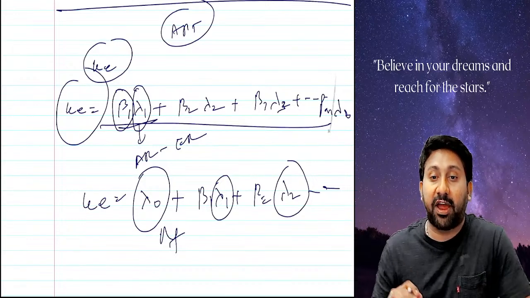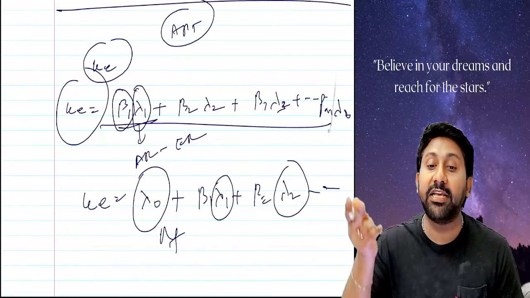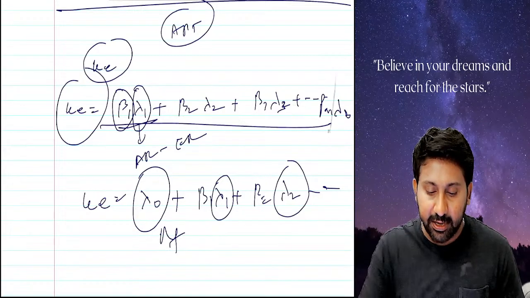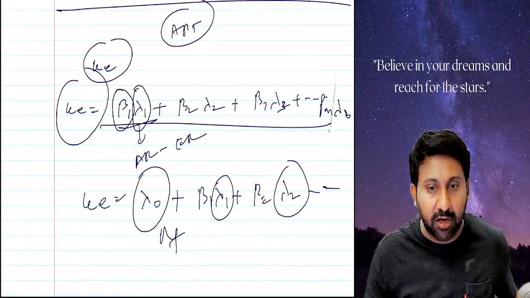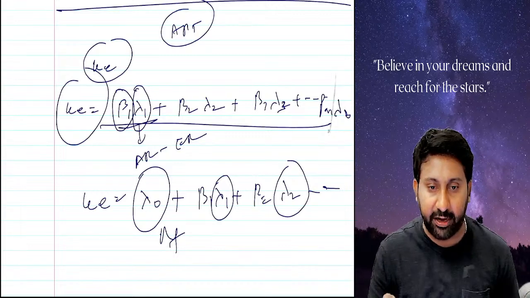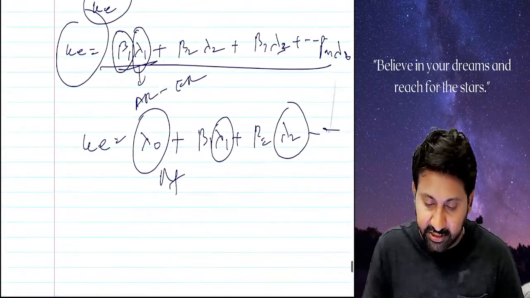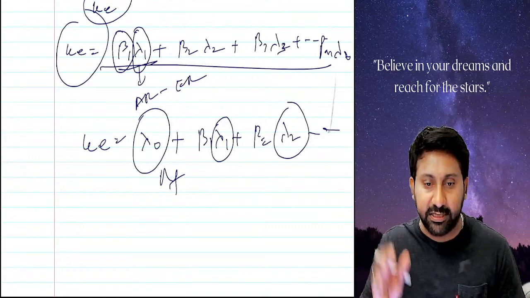For each factor there is a separate beta, and for each factor we will be given a risk premium. In this model the unique feature is that betas can also be negative, or sometimes risk premiums can also be negative. So there can be negative beta, and there can be negative risk premium. That's a unique feature of arbitrage pricing theory.